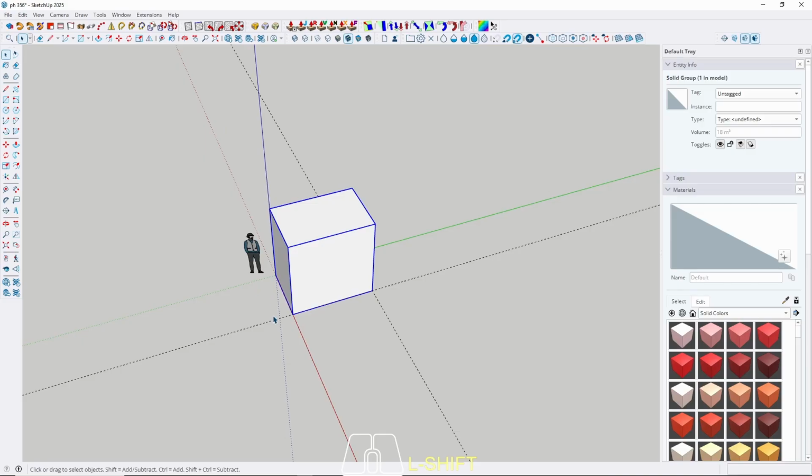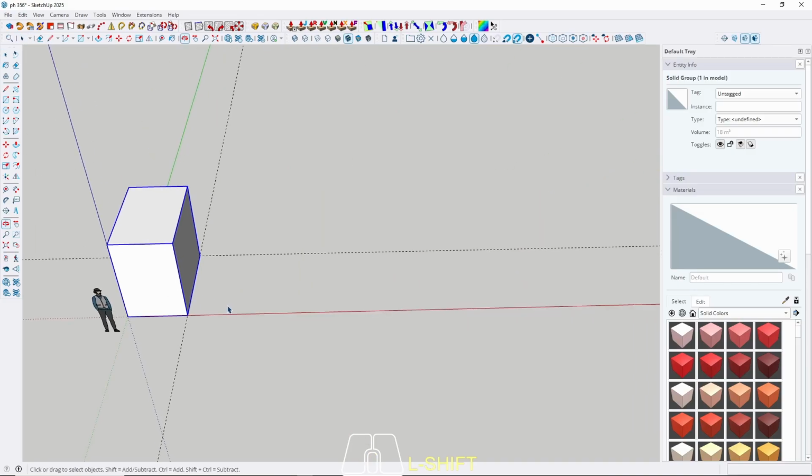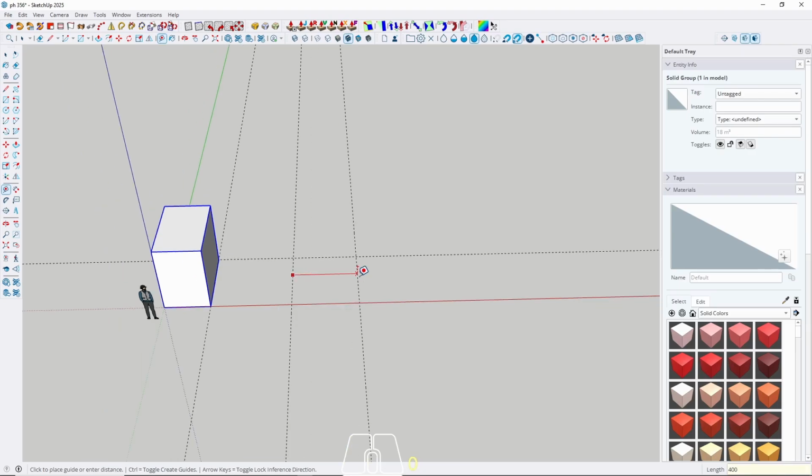I think we need a gap. Maybe it will become a patio or entrance, but I don't know. Let's make it gap around 350, and then 400. Okay,